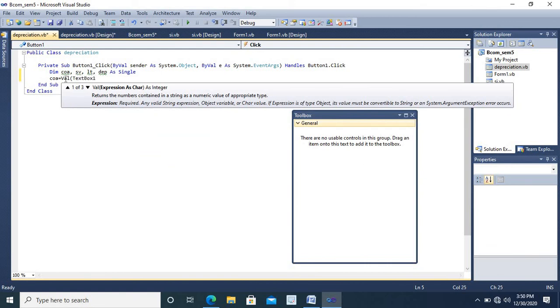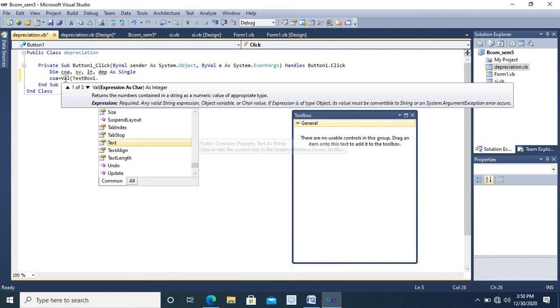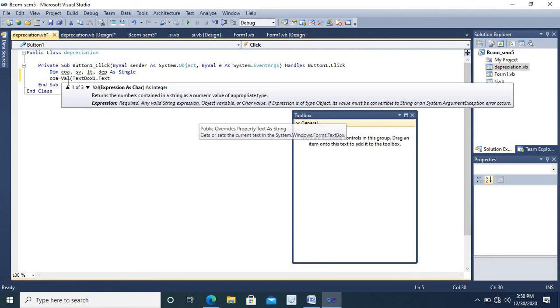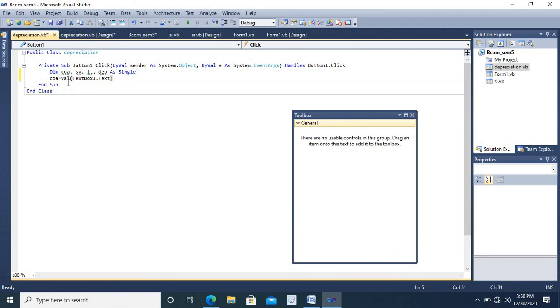Cost of asset is entered in the first text box, which will be in the text form that will be converted into numeric value by the Val function. In the similar way, we will be storing the values scrap value and lifetime from the respective text boxes into the variables.